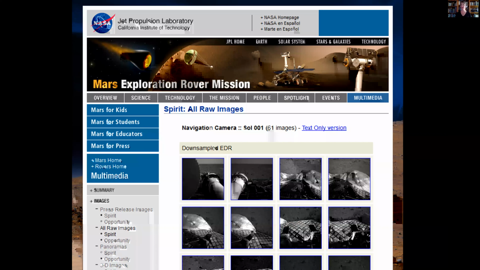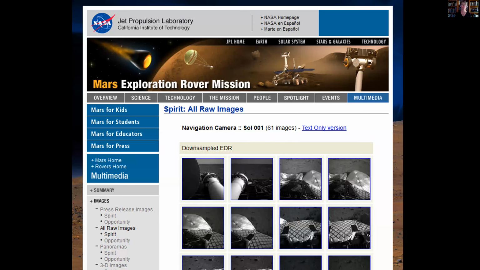Here are some of the very first images returned from the Spirit rover on Mars, taken even before the mast had stood up to raise the cameras up above the surface of the planet. And they were spit directly to the web, just as promised. And so people often, throughout the missions, would get a chance to see these images even before people working on the missions did.